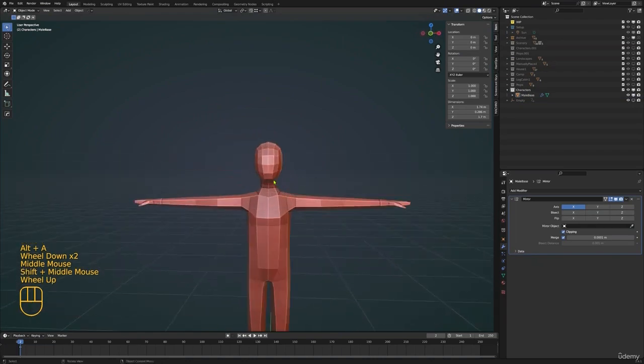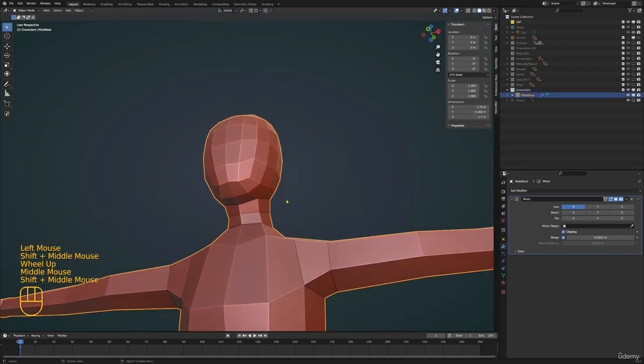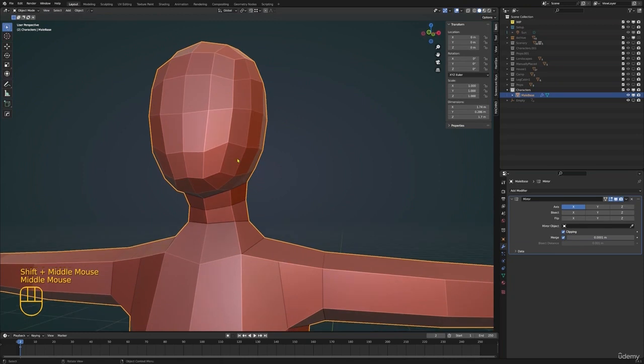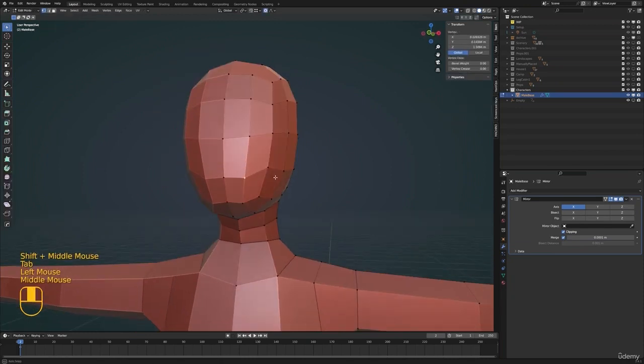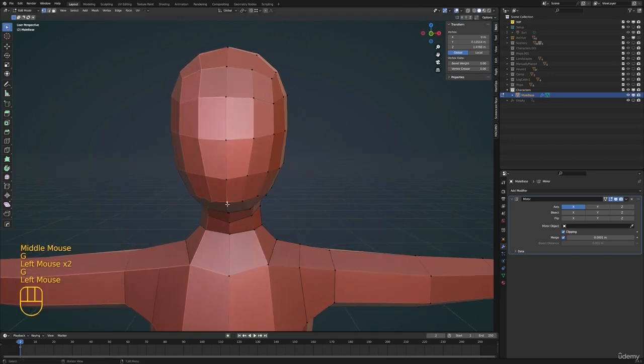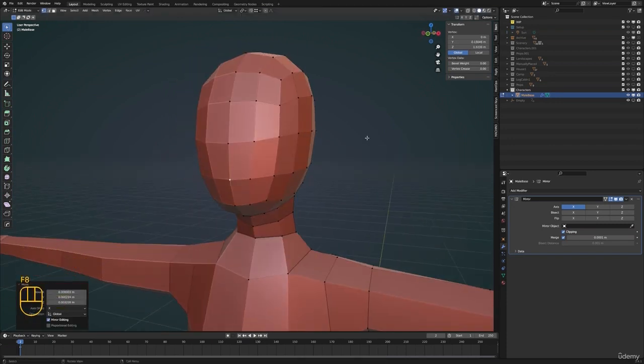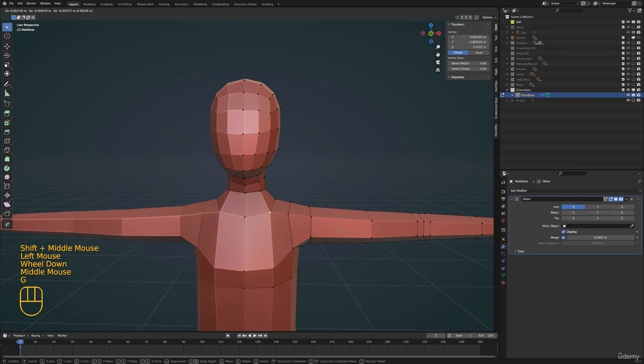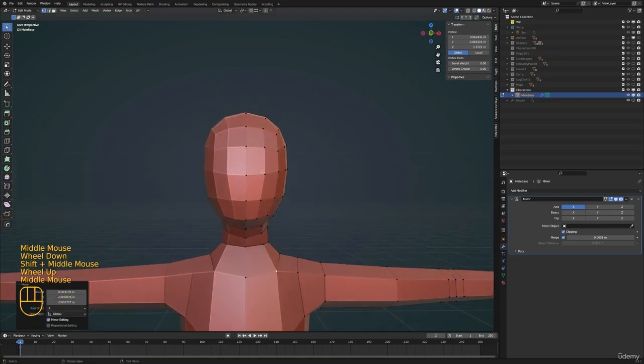Perfect, that's our base mesh. You see the polygon count's quite high, but I always like to have a bit more detail for the face than the rest of the body. Perfect. I'm thinking for this course we'll have a blank face for this character, but if you wanted to,